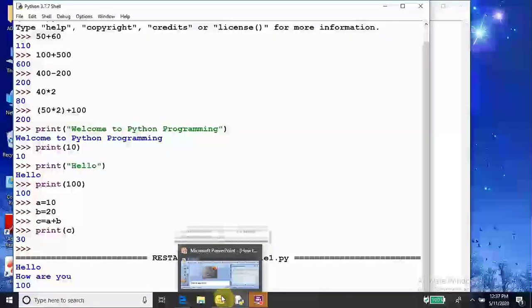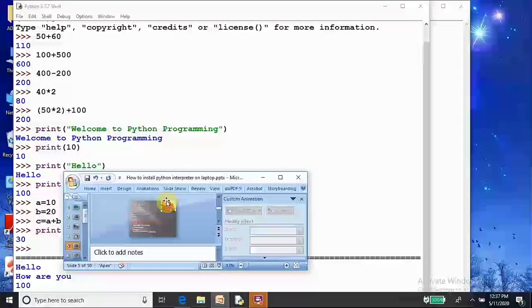Let us see some information about variables.